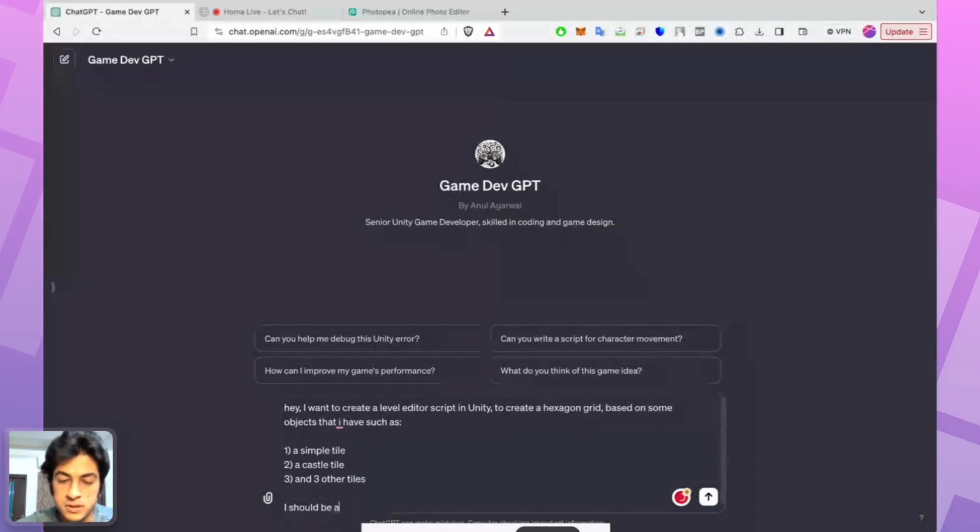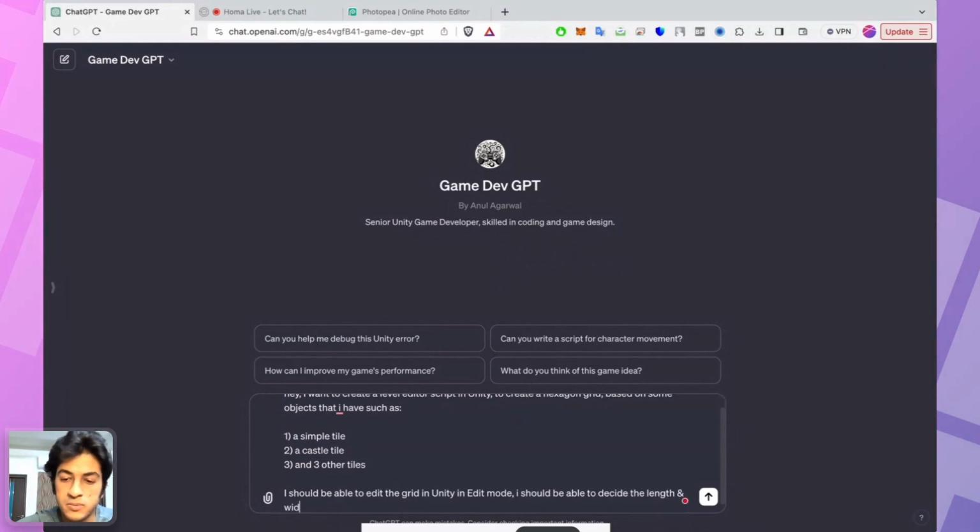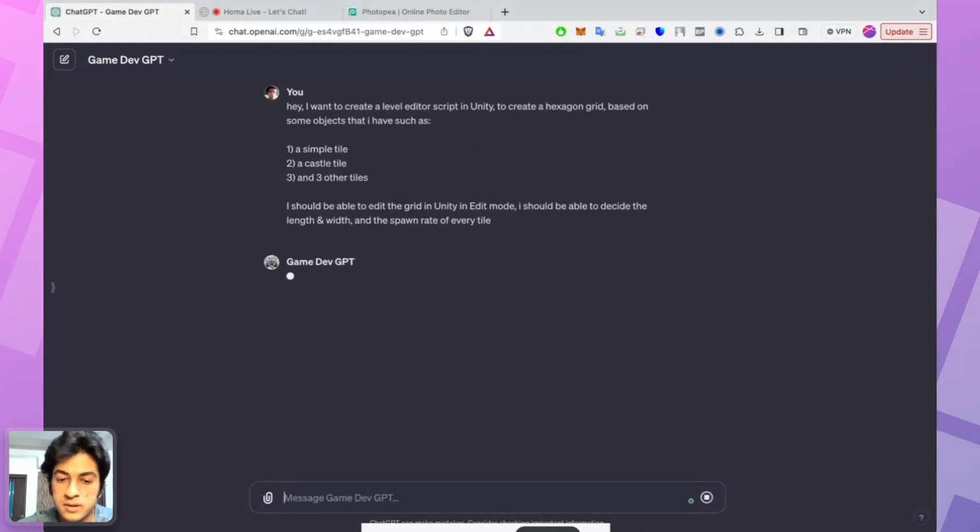I should be able to edit the grid in Unity in edit mode. I should be able to decide the length and width and the spawn rate of every tile.